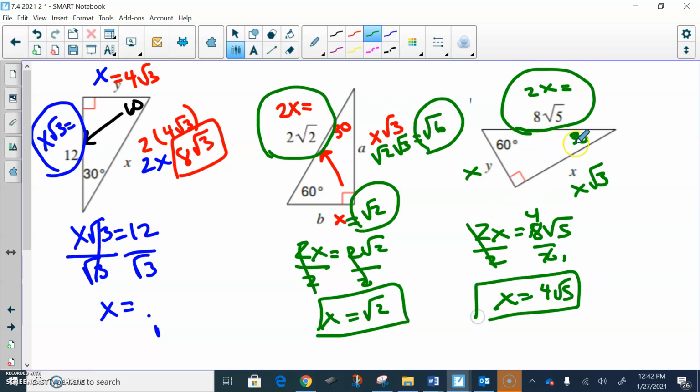Beautiful. All right, so we go to where we consider our x across from our 30. We call that 4 root 5. And then we go across from our 60. In place of that x, we now know x is 4 root 5. So we're going to say 4 root 5 times root 3. So that's going to give us 4 root